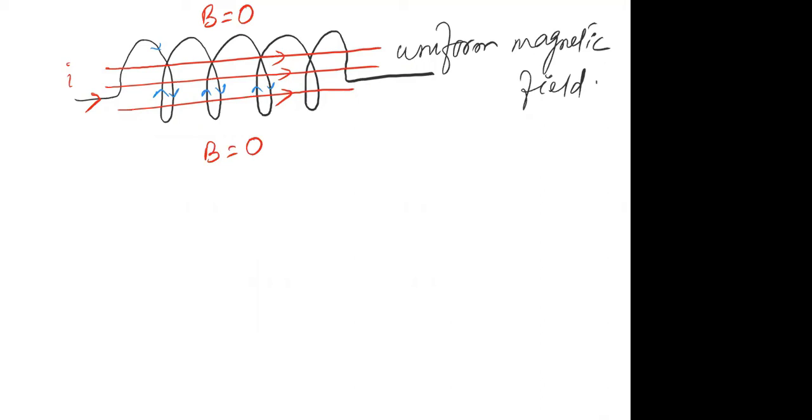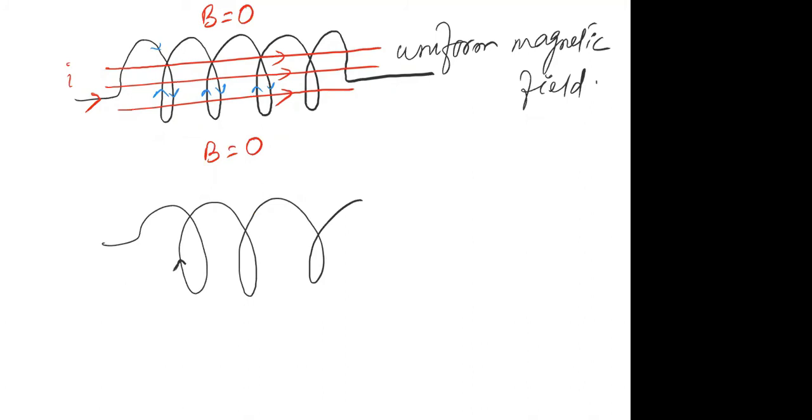For example, try to understand. If you have a solenoid like this, this is the outer turn, meaning this turn is outside the screen. I'm only showing you the turn which is outside the screen. So how will you determine which end has north polarity and which end has south polarity? Try to understand.